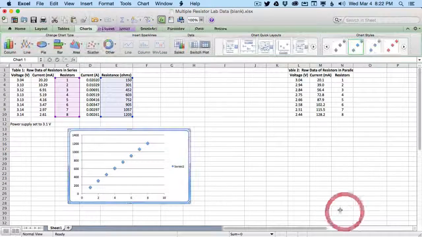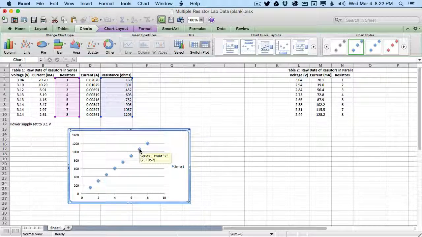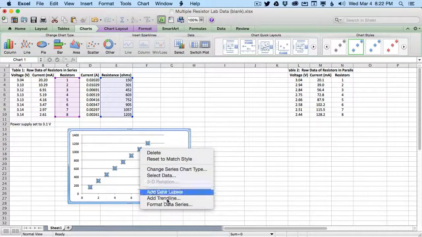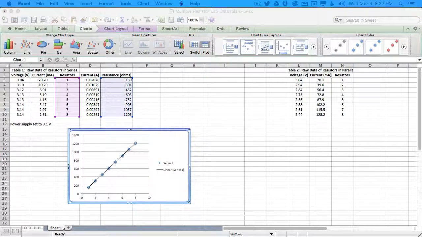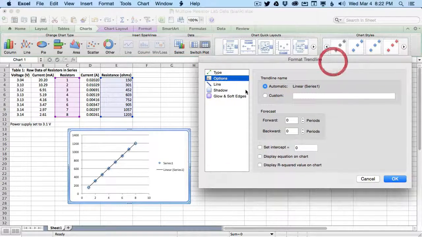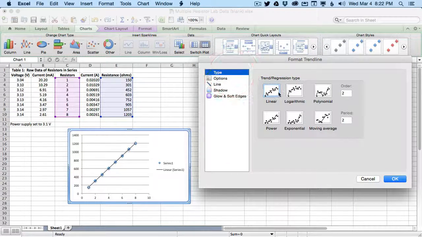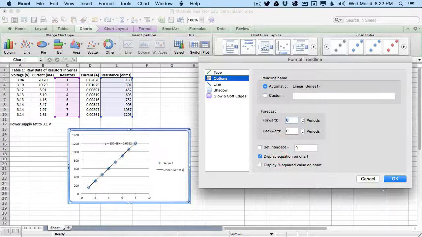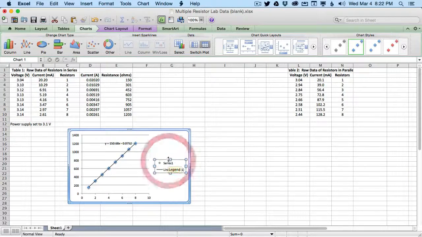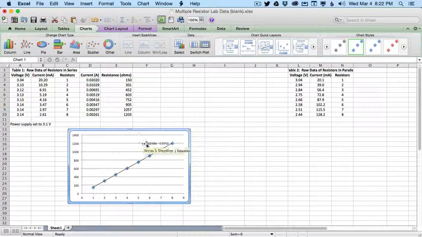And I hit OK. And we see that the dots seem to line up pretty well. If I right-click on here, I can add a trend line, and this trend line pops up a window here where I can set it as a linear trend line. I can even display the equation on the chart. Okay, so we put that in there, and we can see it looks like the slope is 150, and the